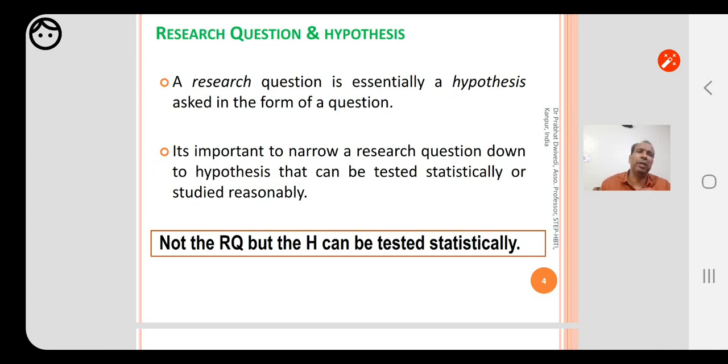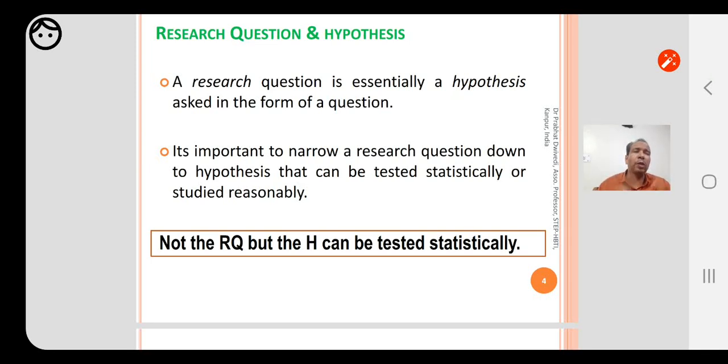So how are they different and how are they similar? A research question is essentially a hypothesis asked in the form of a question. It's not different than that. It is a kind of hypothesis which is asked in the form of a question.